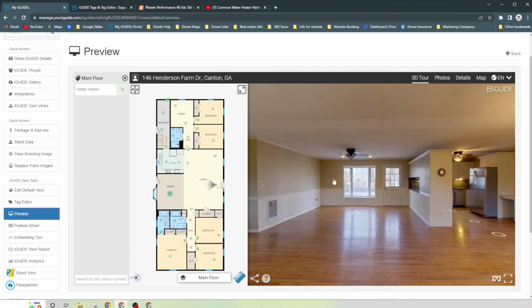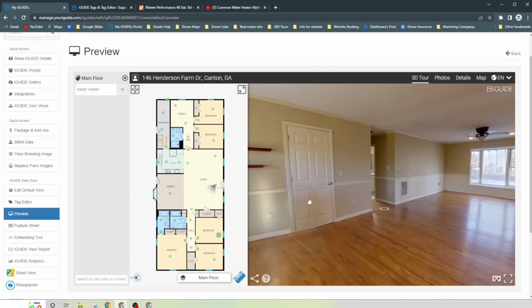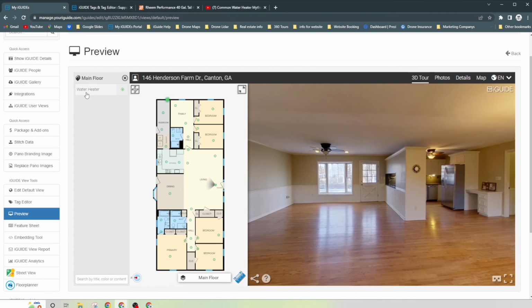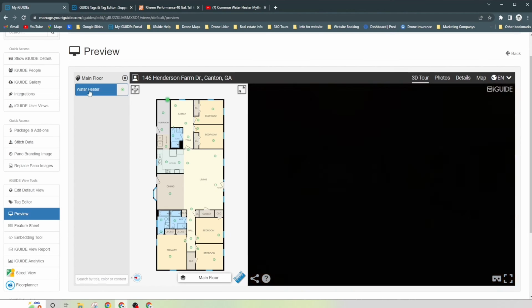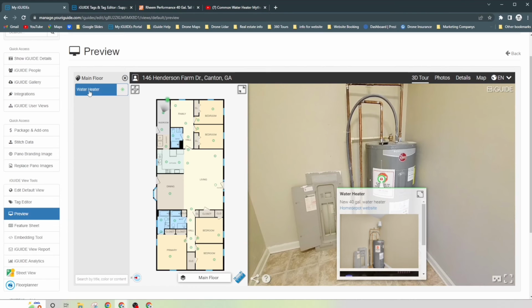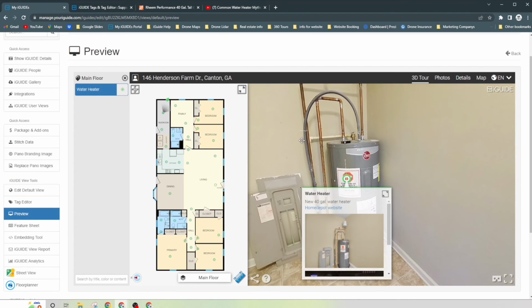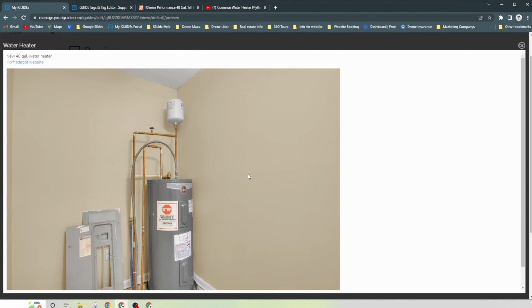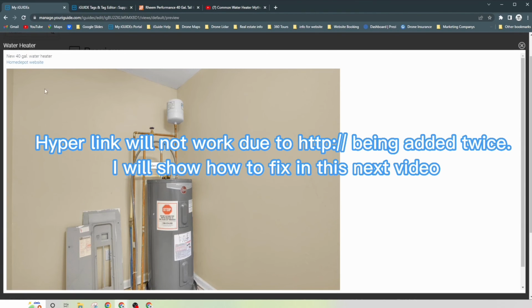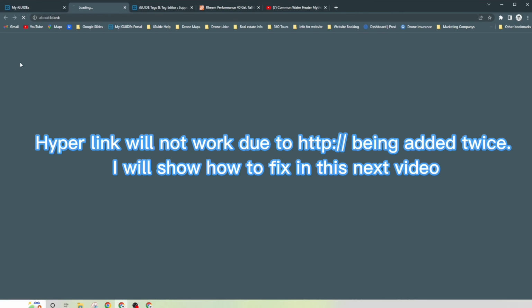So we are currently in the living room and the front room. But if your viewer clicks on this, it's going to teleport them right to the tag and open it up. So we can see we got a nice tag right here. They have a couple options. They can expand it if they would like. And so you got the new 40-gallon water heater. You got the Home Depot website. So if they select Home Depot website,